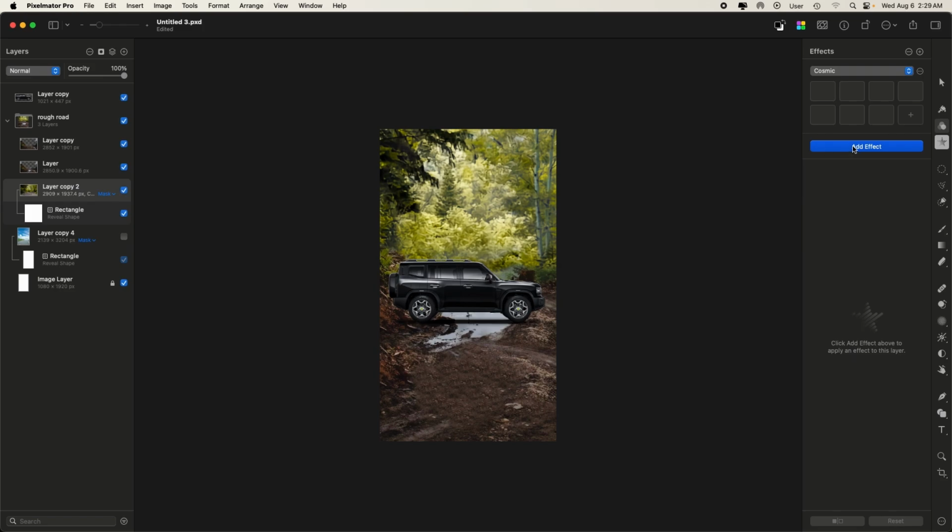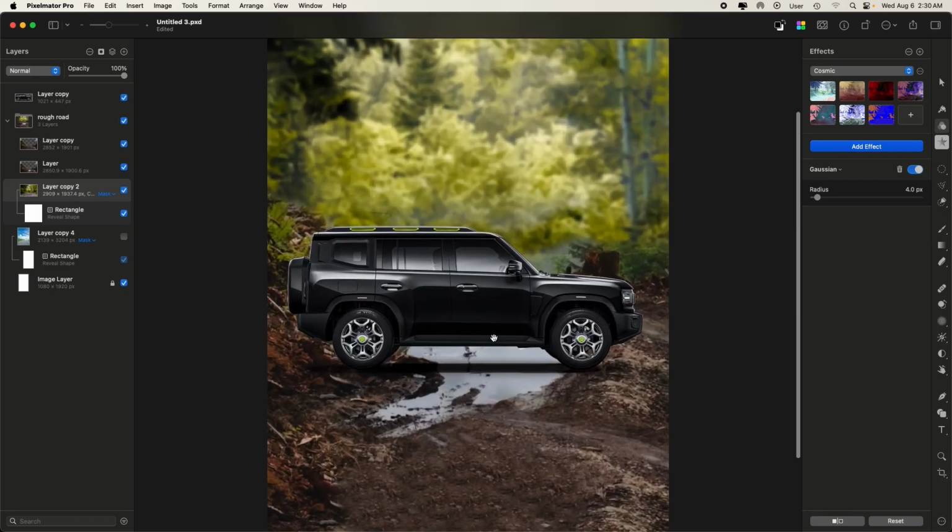We're going to add an effect, a small Gaussian blur. Maybe around 4. Alright. Don't hate that at all, except for down here. Alright,